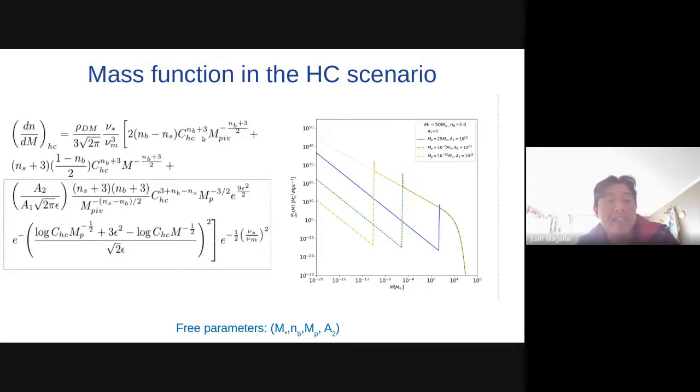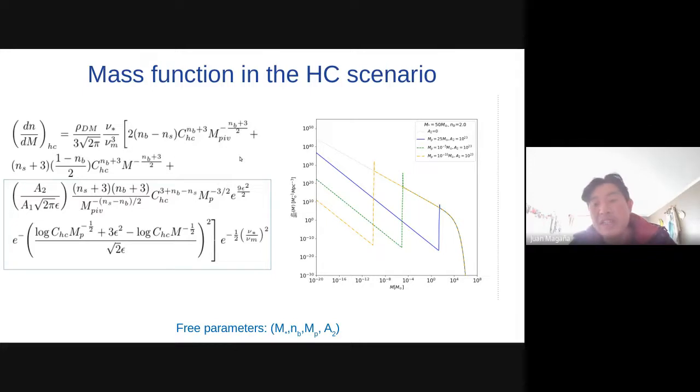The first term and these other terms are the same as those obtained with a broken power law, but now we have an extra term here in this blue square, which depends on the position of the peak in the primordial power spectrum, and also on the amplitude and the width of this peak. When this amplitude A2 is equal to 0, we recover the mass function from the broken power spectrum.